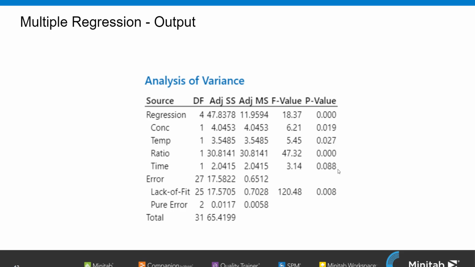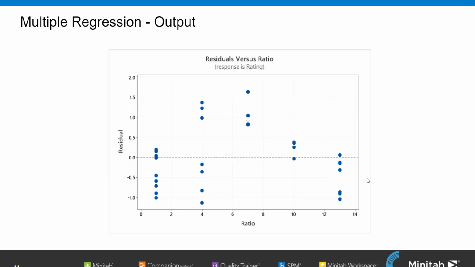The time is greater than 0.05, so it seems to be not related, and we might need to rerun the regression model, removing this variable. And on this plot you can see a curvilinear relationship between the two. So this is how you should be doing a multiple regression in Minitab.